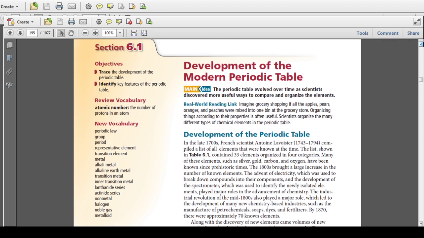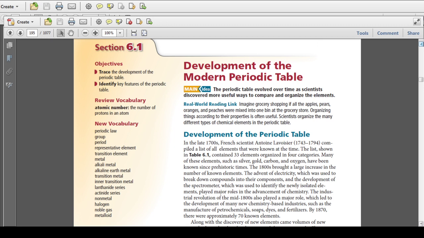Section 6.1, Development of the Modern Periodic Table. Some objectives of this lesson are to trace the development of the periodic table and identify key features of the periodic table. Some vocabulary review is atomic number, and some new vocabulary you'll come across is periodic law, group, period, representative